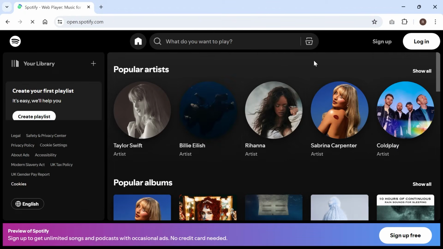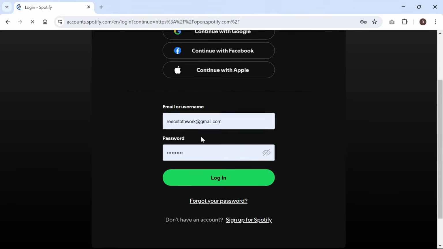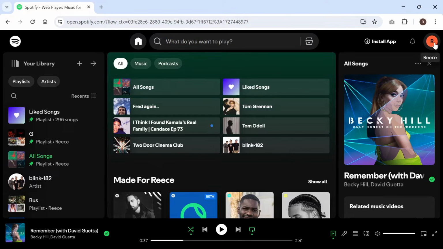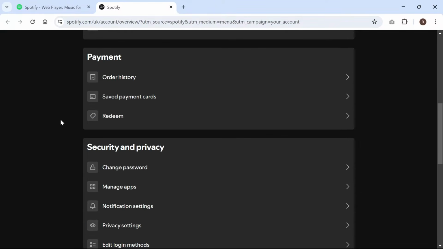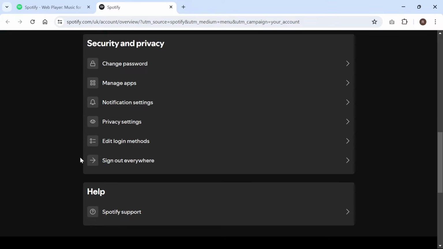Once you're on the Spotify page, you need to head over to login in the top right hand side, and then just go ahead and log in with your account credentials. Once you're logged into the website, head over to your profile icon in the top right hand side, click on account, scroll all the way down to security and privacy, and you need to select this button here, sign out